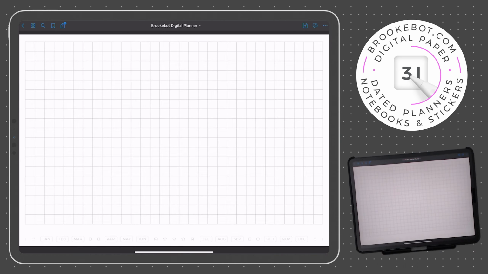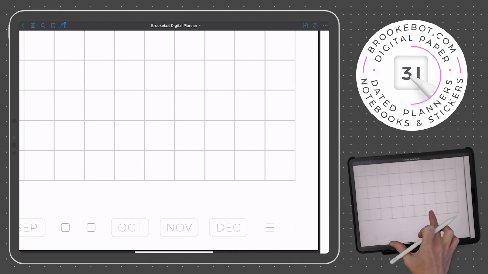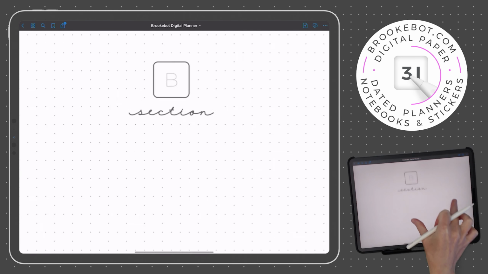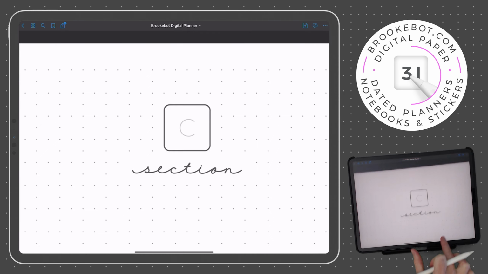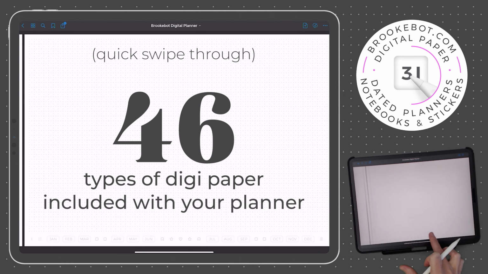Each circular paper sample in the DigiPaper index is a tappable link that takes you to the full page. Each full page has a built-in navigation bar, which allows you to quickly access other parts of your planner. DigiPaper can be placed behind one of 4 storage sections, or behind any dated page, and can be used for all kinds of different things.